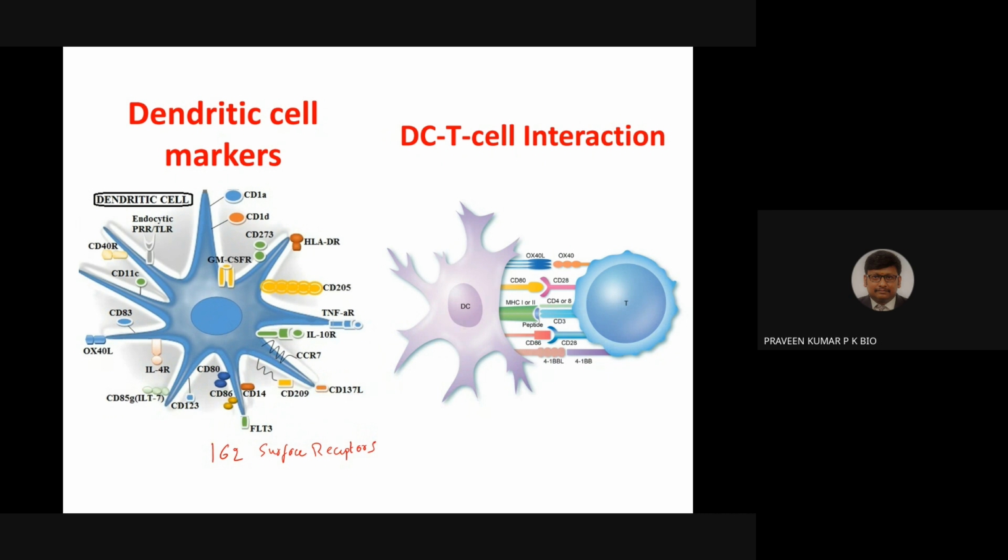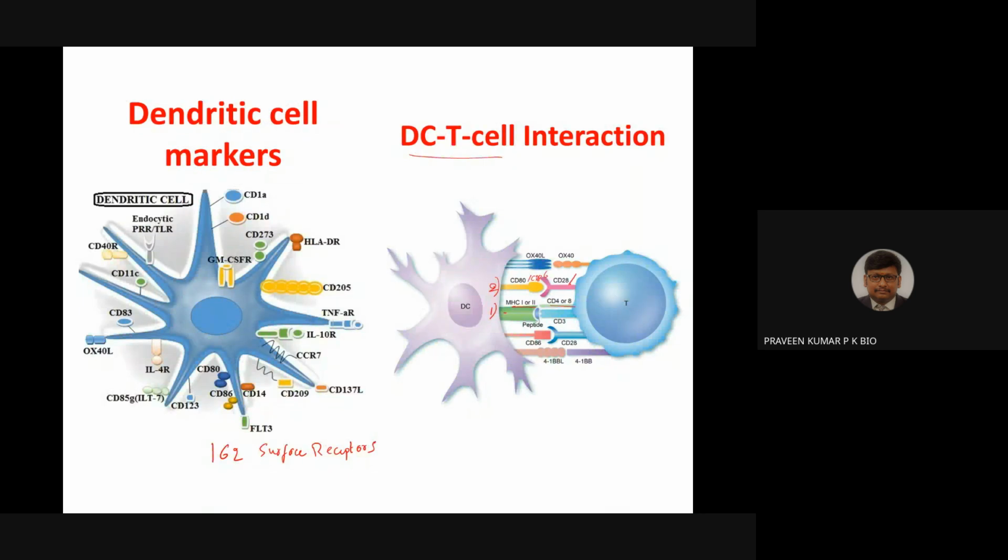One more thing you have to understand is T cell activation. What is T cell activation? If the dendritic cell receptor MHC2 or MHC1 interacts with CD4 or CD8, this alone won't make the T cell get activated. This is of course the most important receptor, but along with it we should also have a co-stimulatory marker like CD80 or CD86.